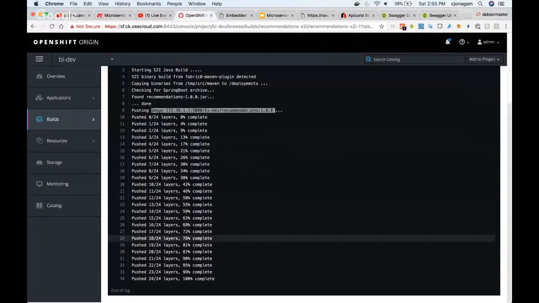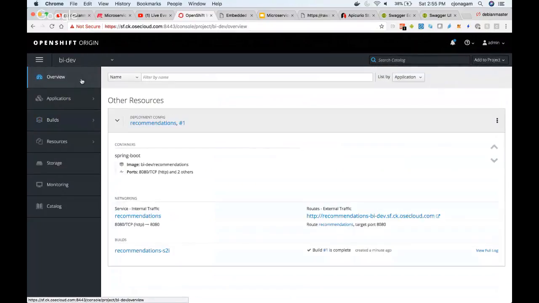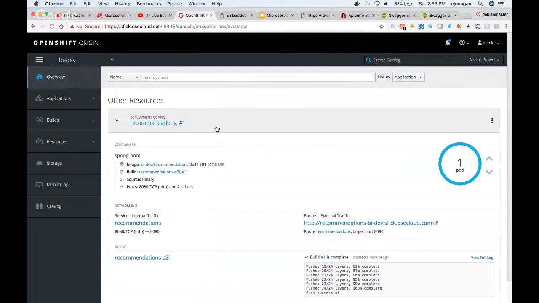Okay, so you can see the registry push is complete, and once it is pushed into the registry, you can see it already deployed my application. So without having to write any Dockerfile, you are able to containerize your Spring Boot application just by using two simple